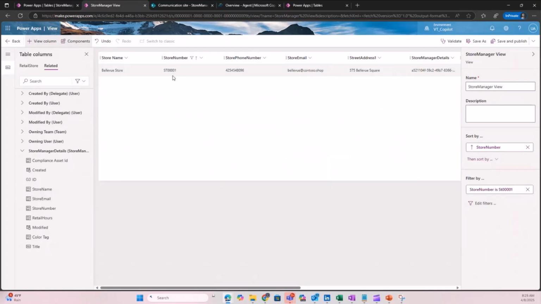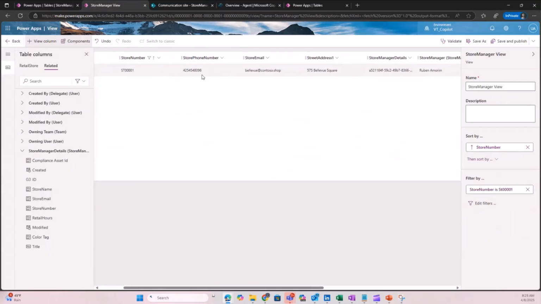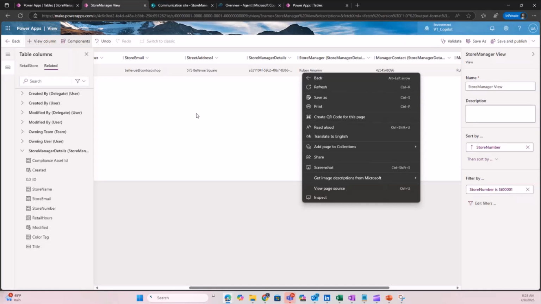I can see for this Bellevue store the email is Bellevue Corp, and of course the corresponding information about the store manager, which is coming in from the virtual table. In this example it's basically coming from a SharePoint list, and we are virtualizing it.